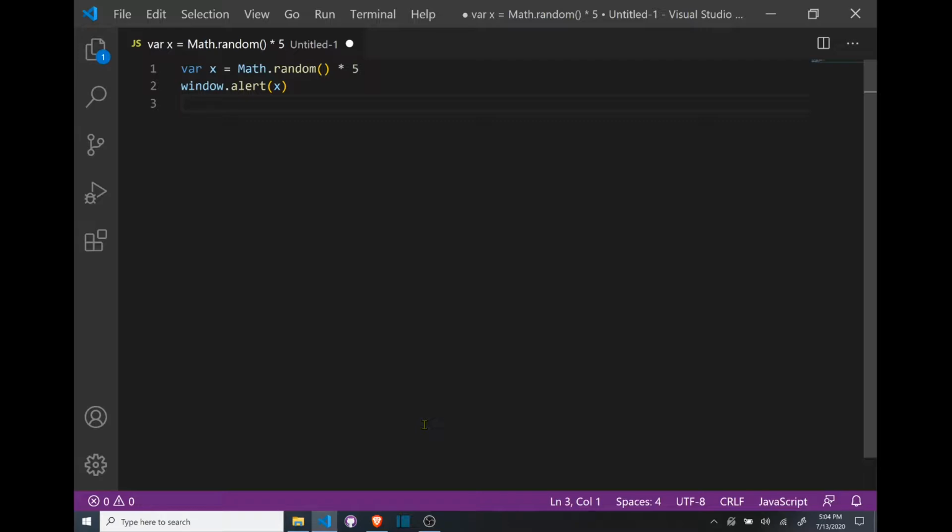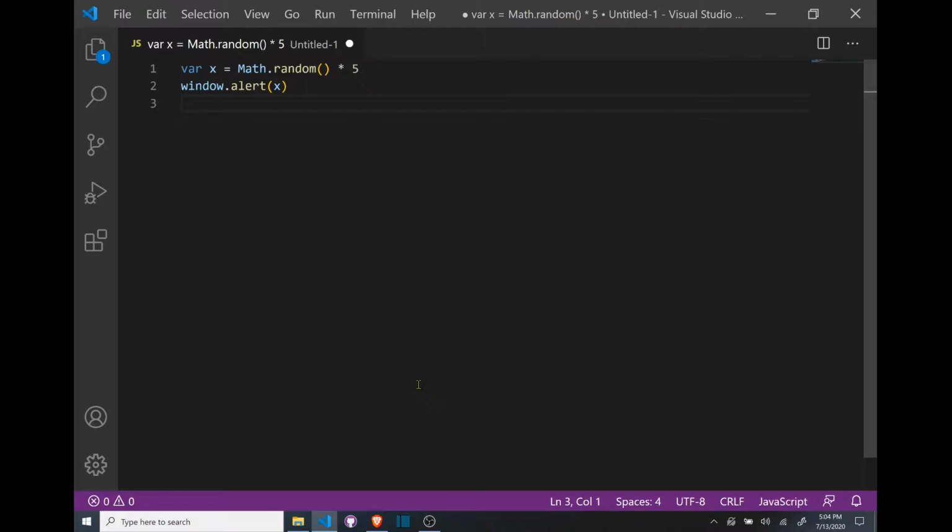So how do we play with this? Well, if you remember from the beginning I told you that 0 is an actual number. So if I said 0, 1, 2, 3, 4, technically those are 5 numbers. So 0 is a thing. 0 is the first thing. So let's take a look at this code. Math.random multiplied by 5, and I return a number that's not 5, but up to